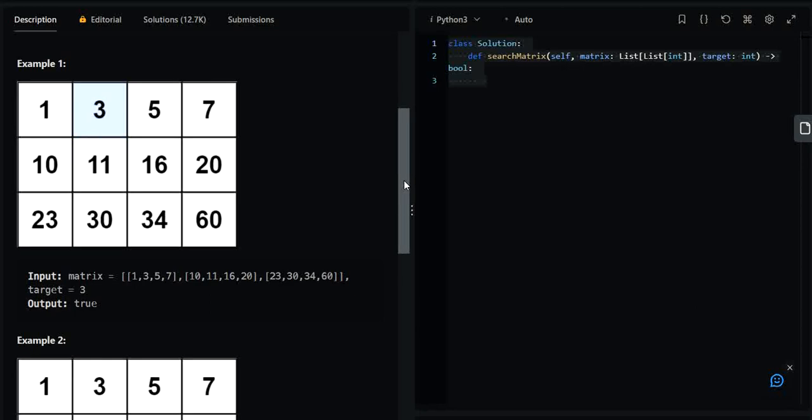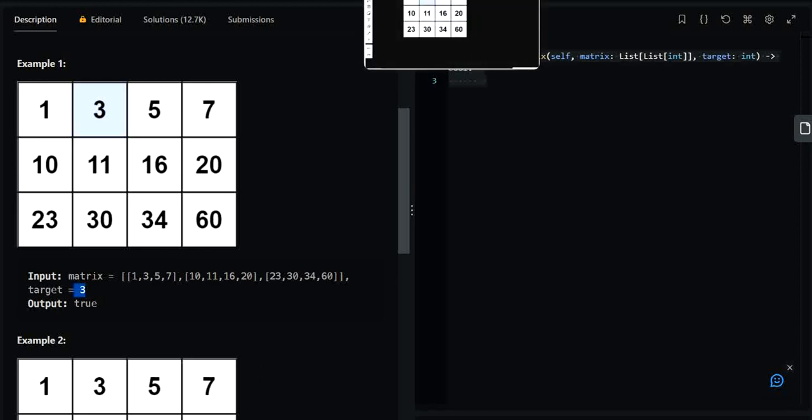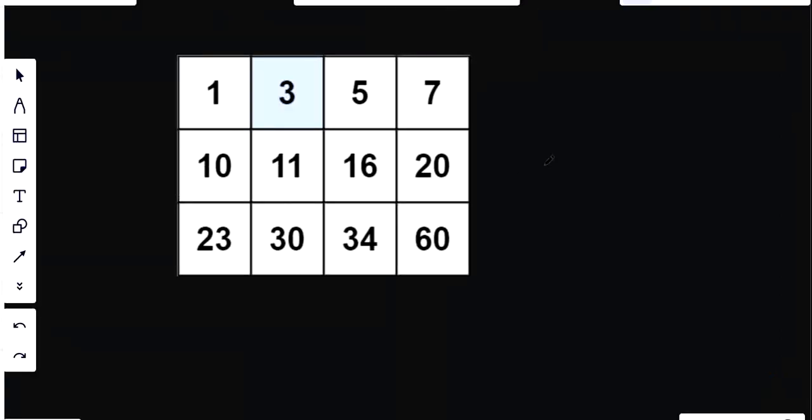So this is the question, and I don't think this question is complex in any sense, because we all know that if a target value is given, we will traverse through this whole matrix and search for this target value, and we will return true if the value exists. But there are two downfalls if you solve this question using this approach. First thing is that suppose the target value is 90,